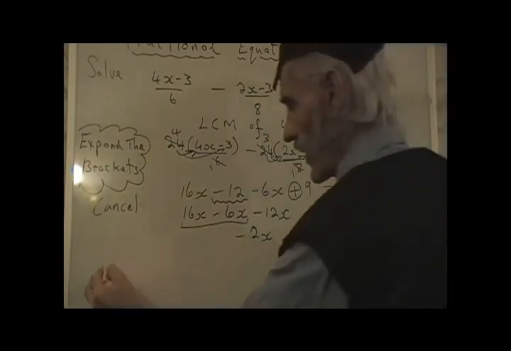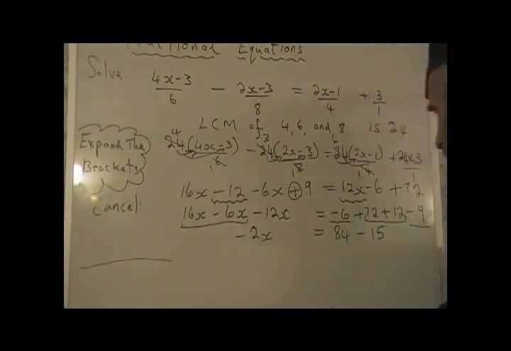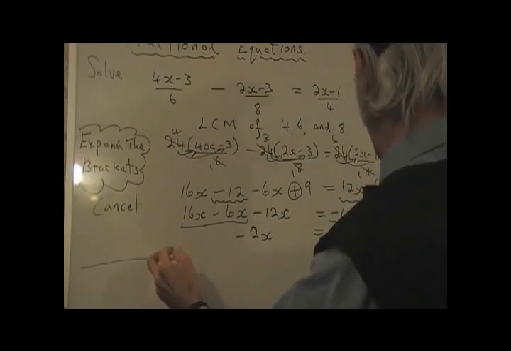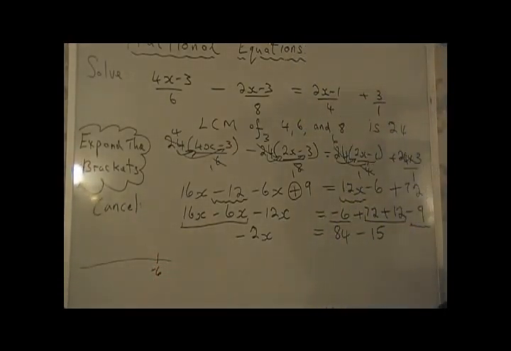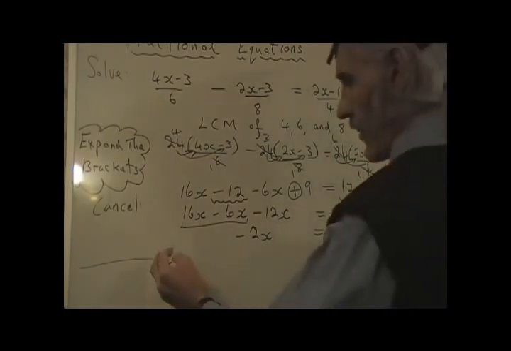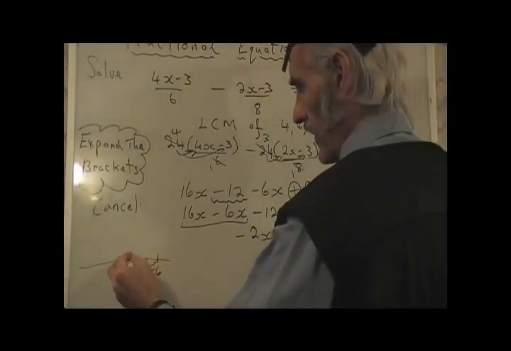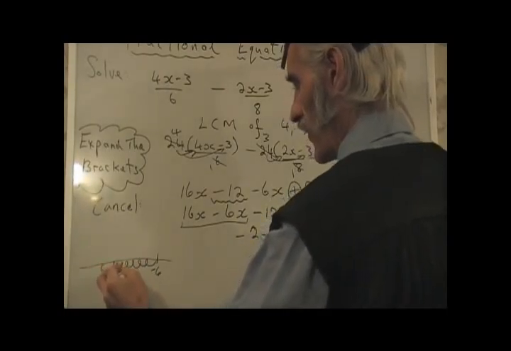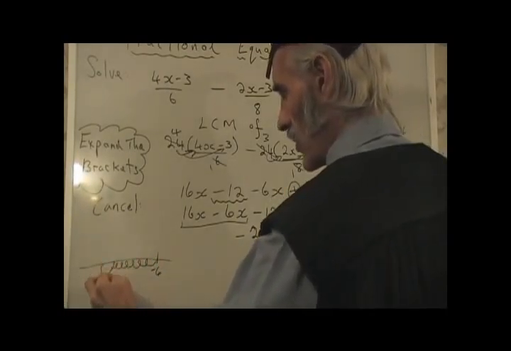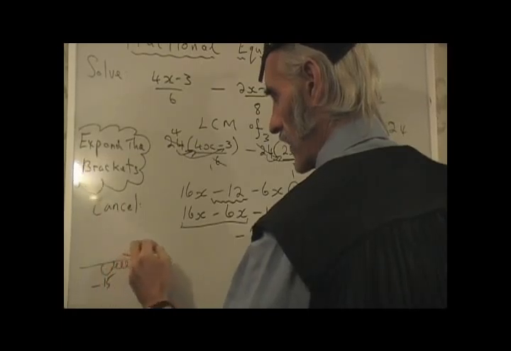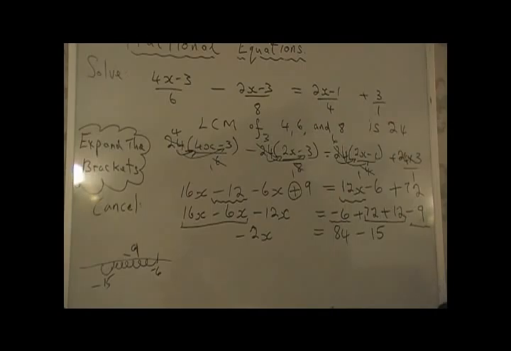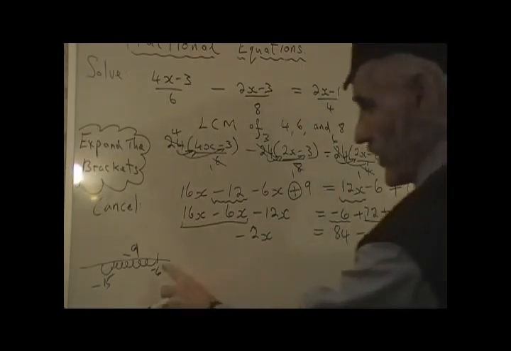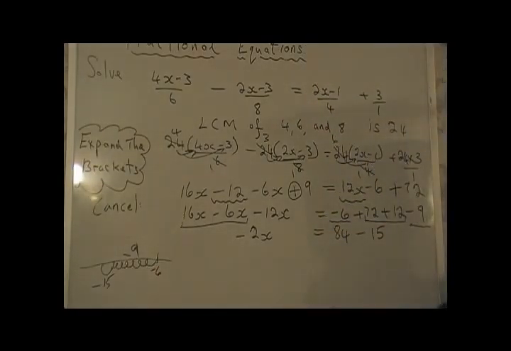Perhaps we can have a look at it over the other side of the board. If we start down here at minus 6, and we want to go down minus 9, well, we come down 1, 2, 3, 4, 5, 6, 7, 8, 9, and you find that if you count those out, you'll end up at minus 15. So I've gone down the number line, or the number ladder, by minus 9, and I end up with minus 15. Now I have